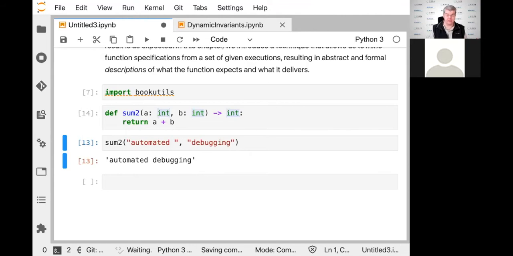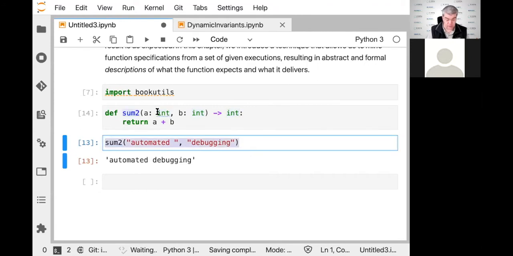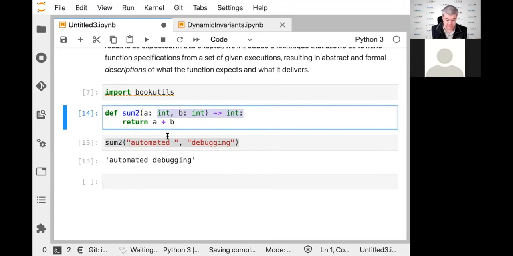And there are packages in Python. There's the enforce package, which allows us to do this dynamically. And there is also the MyPy static checker, which takes the code of a Python program and does static checking on it, and finds out that a call like this, which puts in strings whereas integers would be expected, gives you an error both in the runtime checker as well as in the static checker. Now, a problem, however, is that Python programmers, and I'm no exception, don't like putting in types